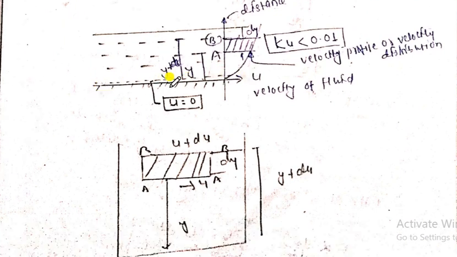This one is a solid body, and I have allowed a flow of liquid, right? A flow of liquid takes place, as you can see here. So my dear friends, as I have told you, at the boundary layer we can say that the velocity of the water is 0, right? As you go upward, the velocity of the fluid increases. So as you can see here, the velocity is 0, and as you go upward, automatically the velocity